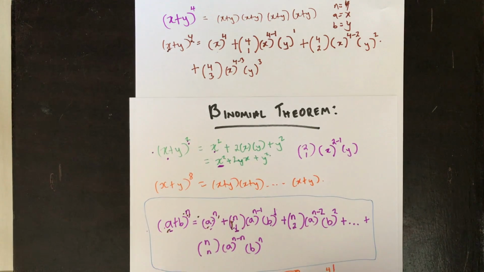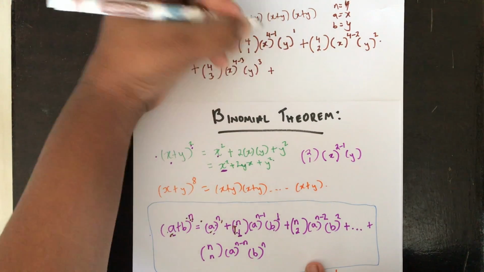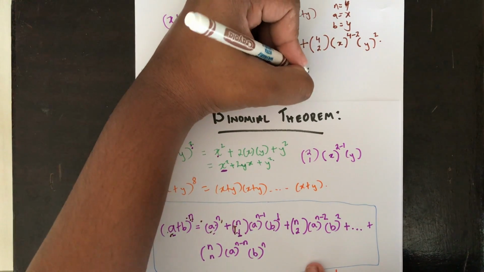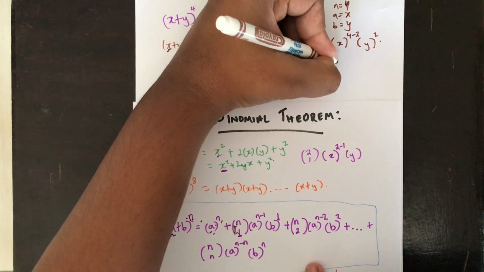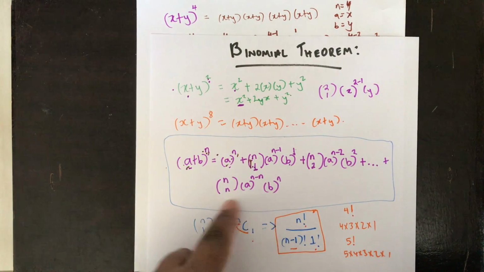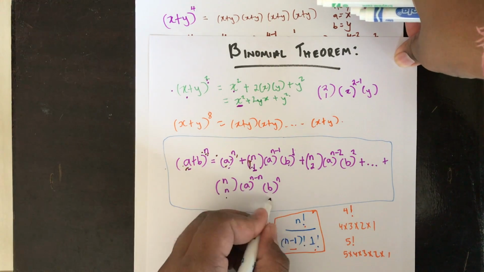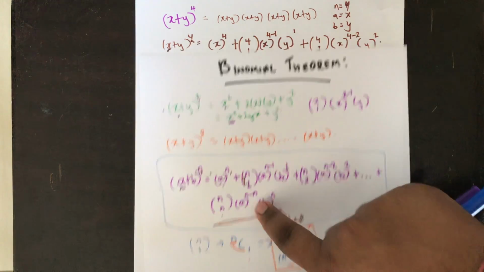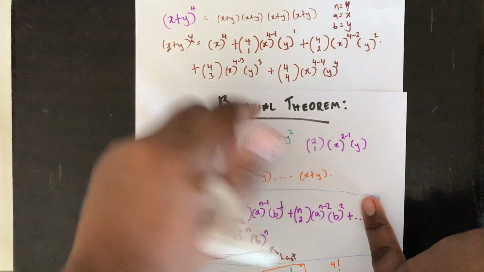I hope you're getting this. I'm just using the formula. That's it. Then I go to 4 choose 4 into x power 4 minus 4 into y power 4. Now look at the last term in this expansion, in this theorem. It says n choose n. This is always the last term, remember this. So it says n choose n. So n in this case is 4. So it's going to be 4 choose 4, which is what I have here,